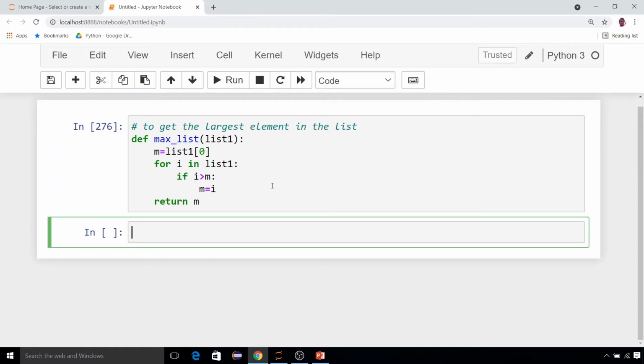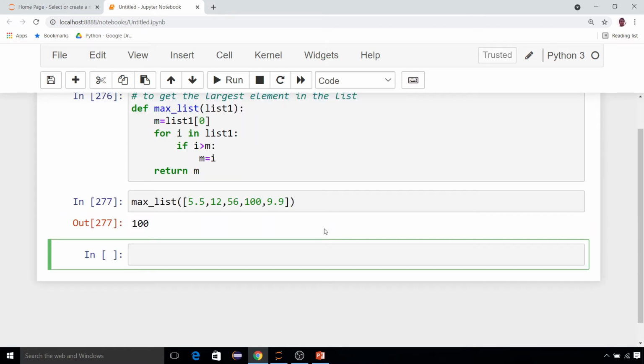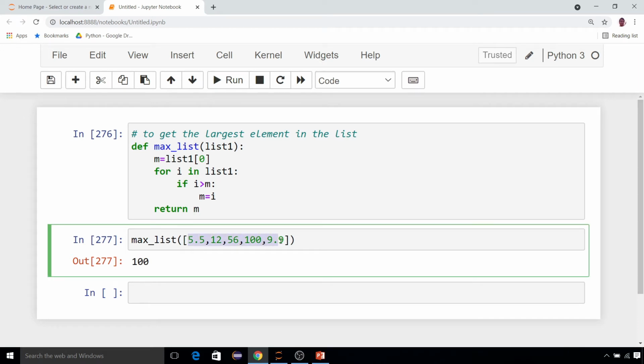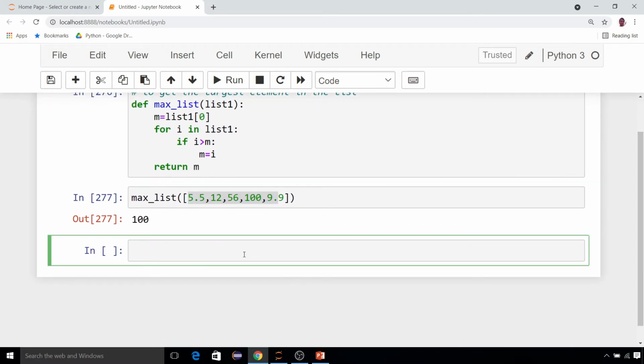Now call this function. This is just a definition. Call the function max_list and pass some list of your choice. Any list you can pass. Suppose one float, one integer, another integer, like that. Pass any values. It will give you the output about the maximum value. In this situation it should give me the output m is 100. Done. So this is the code for how you can find the largest element in the list. Now change this list of your choice and see the result. Okay, this is a program showing how you can use the list.